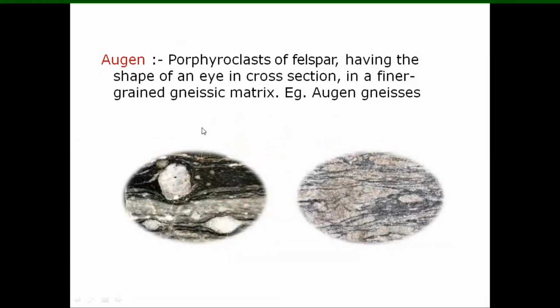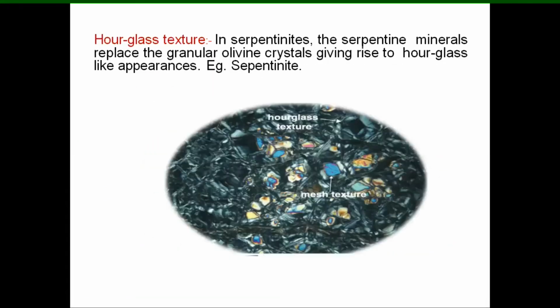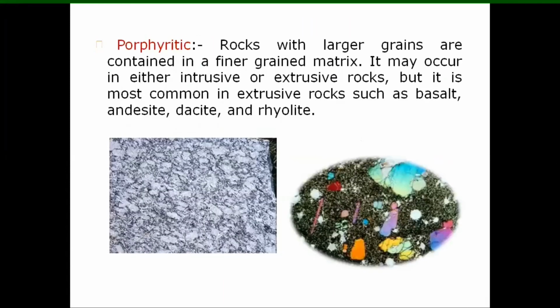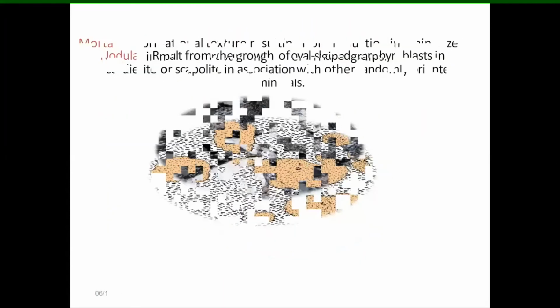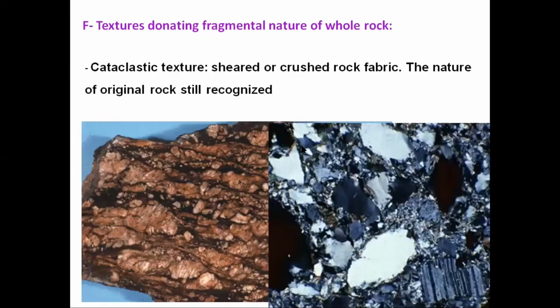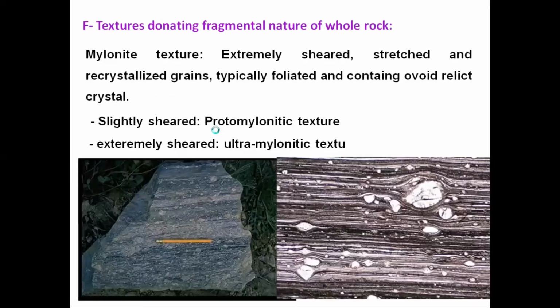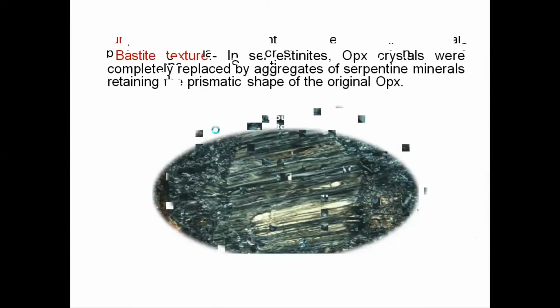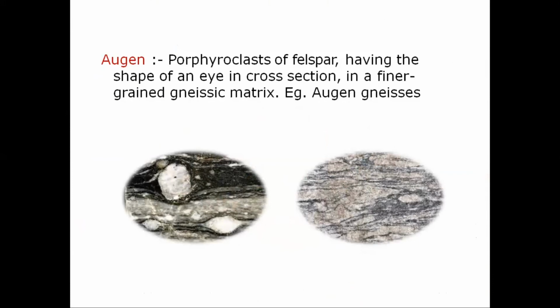Again, we have done some of these textures, if you remember, in yesterday's class, where we did some shearing textures, like the textures that are related with the fragmental and that are a result of cataclastic events. We call those textures mylonite. So it is very similar to the texture that we discussed yesterday. And here we call these textures augen.